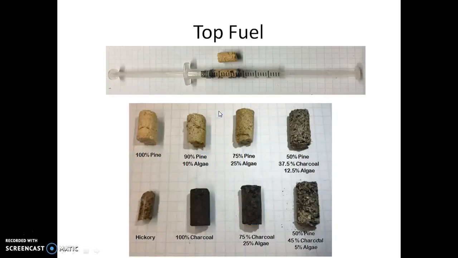We wanted our students, the main engineering design here, to design a fuel type that would burn the cleanest, produce the least amount of particulates. We have a coffee filter in there. You'll see in the lesson part that we were actually seeing how much smoke we could filter out in different particulates. But they could burn about anything, any dry biomass. We had Traeger pellets, pure charcoal pellets. We mixed some pine and algae, very similar to what we did, but you could burn corn cobs, corn husks, any